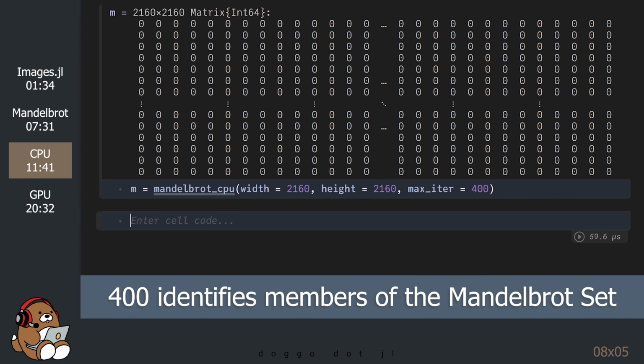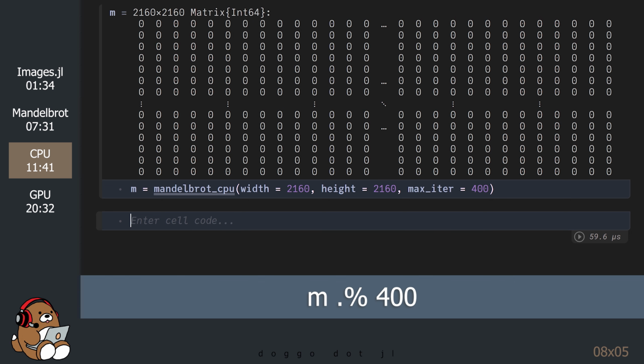A value of 400, which is the maximum number of iterations, means that the element is part of the Mandelbrot set. By convention, members of the Mandelbrot set are displayed in black, so we need to find all of the 400s and convert them into zeros. We can do that by broadcasting the modulus operator onto each element to get the remainder when we divide the value by 400.